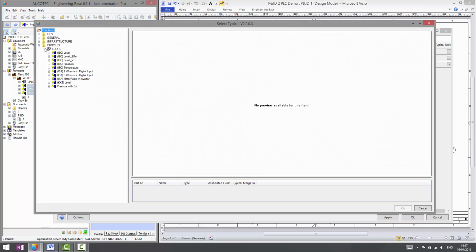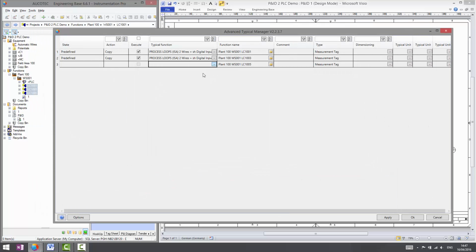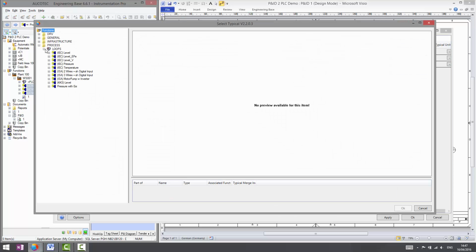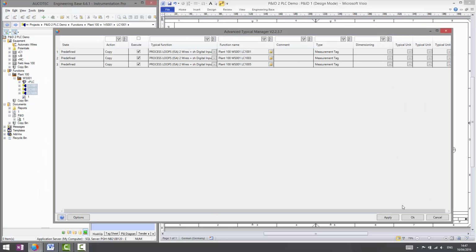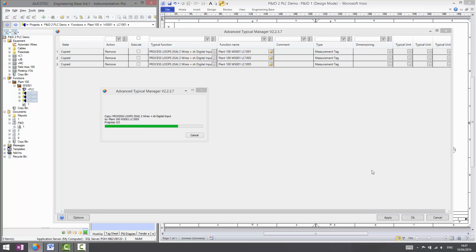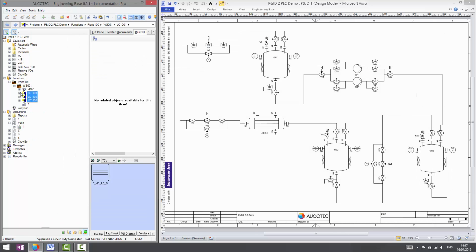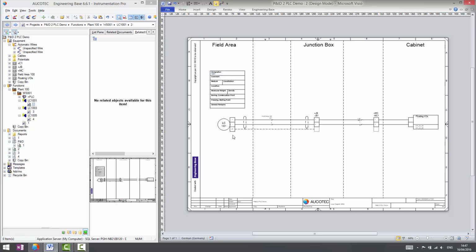Also for the second one. And I can copy. So now you can see that 3 loops are created, and when I open each of these loops,